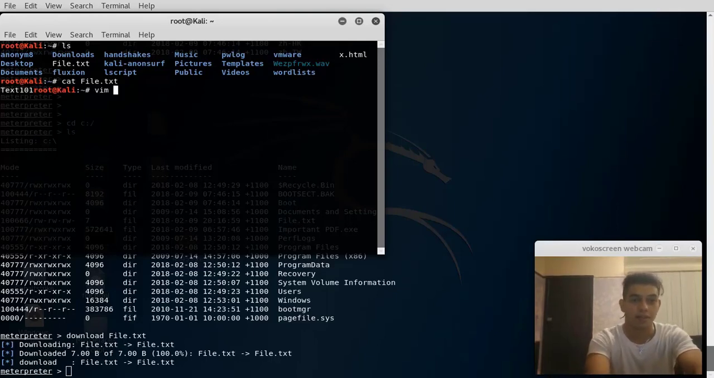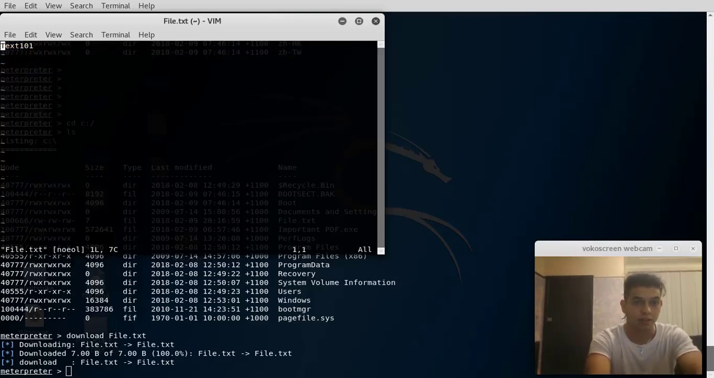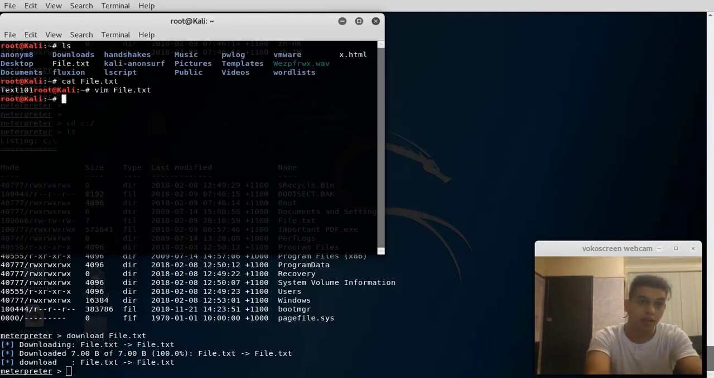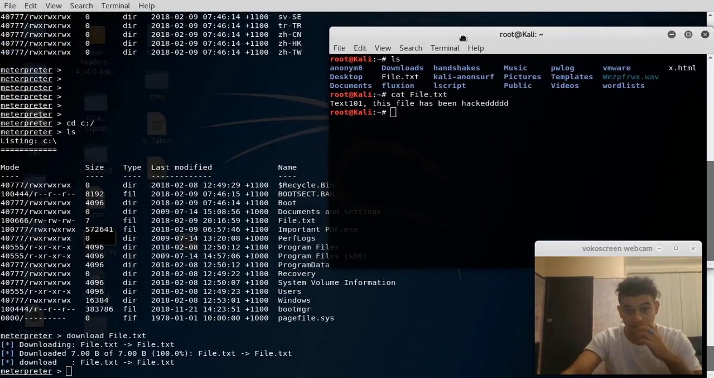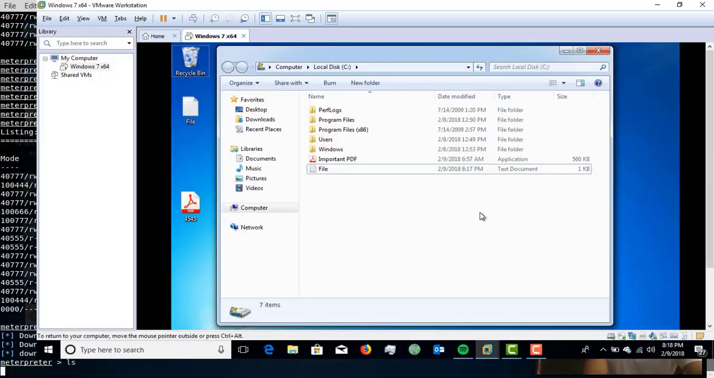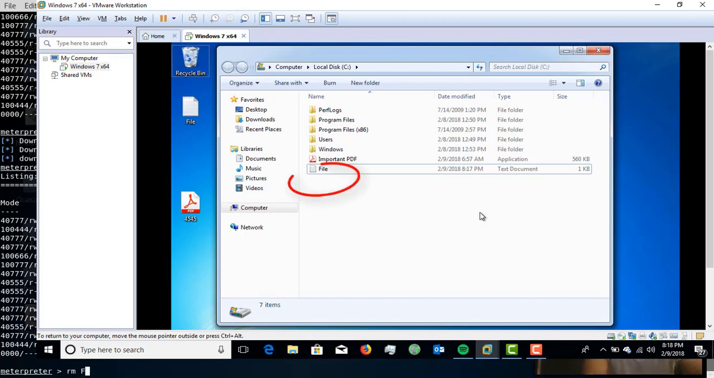Let's try vim into that file now, file.txt, and let's change the text and say text 101, this file has been hacked, whatever. Exit, save the file, cat the file again, and it should say text, this file has been hacked. Now let's try and remove the existing file that's already on the